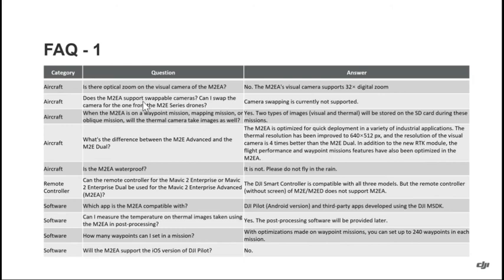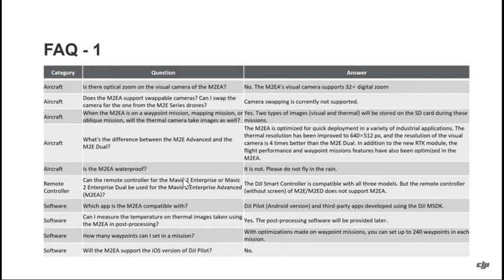camera swapping. Currently, we could be sure that the camera could not be swappable between the Mavic 2 Enterprise series. And some questions like the waterproof or the IP rating of M2 Enterprise Advanced may be interesting to you. The Mavic 2 Enterprise Advanced does not support IP rating. We hadn't tested the IP rating of it, just the same as the previous two versions, dual version